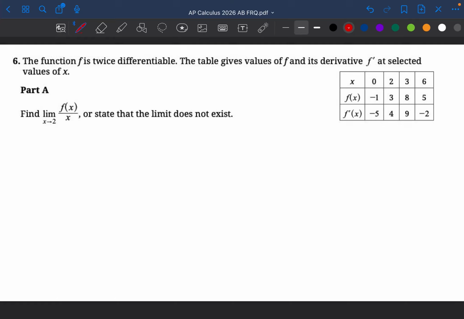Number 6. The function f is twice differentiable. The table gives values of f and its derivative f prime at select values of x. Part A. Find the limit as x approaches 2 of f of x over x, or state that the limit does not exist. So to find this limit,